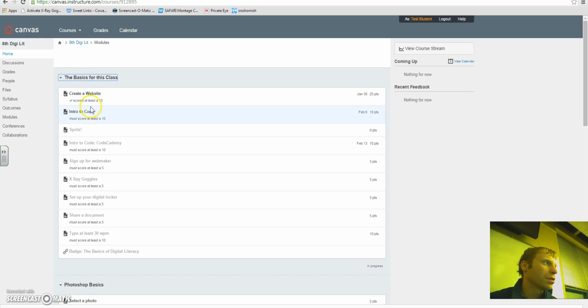You'll notice that when I'm looking at the site, my steps are grayed out after the second step. The reason is that I've designed this so that students have to go through it in sequential order. So the first thing they had to do was create a website. After they did that, and I did that on my student account and unlocked it, I now go to